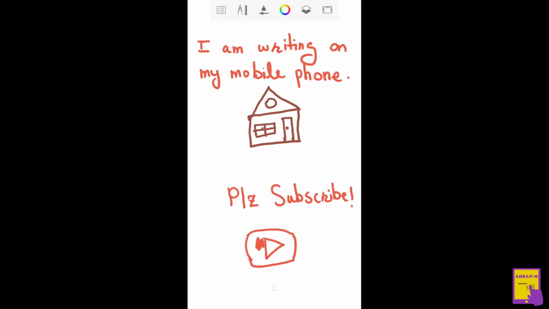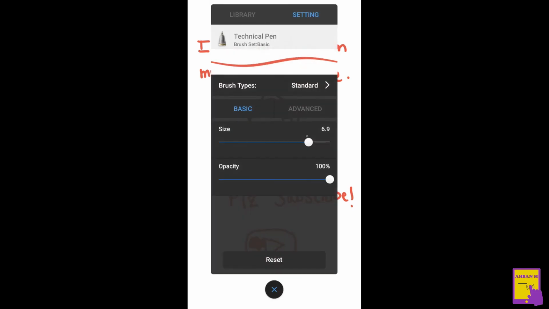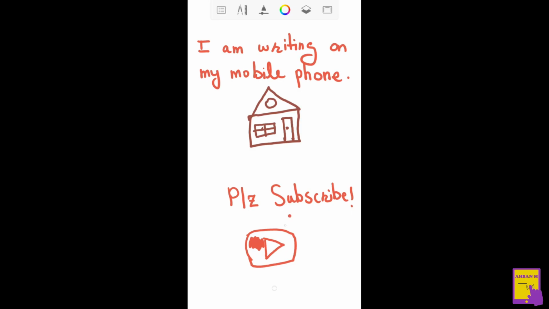As for the mobile, you don't need any additional driver or software for using this product. You just simply connect this tablet with the mobile through the OTG converter and start using it to draw or write on the mobile phone. For the PC or computer, you just need an additional driver which you can download from the Gaomon official website, and just install that driver and start using this tablet for writing and drawing on the computer. So I would say this is a very useful product in this price range for writers and drawing enthusiasts.